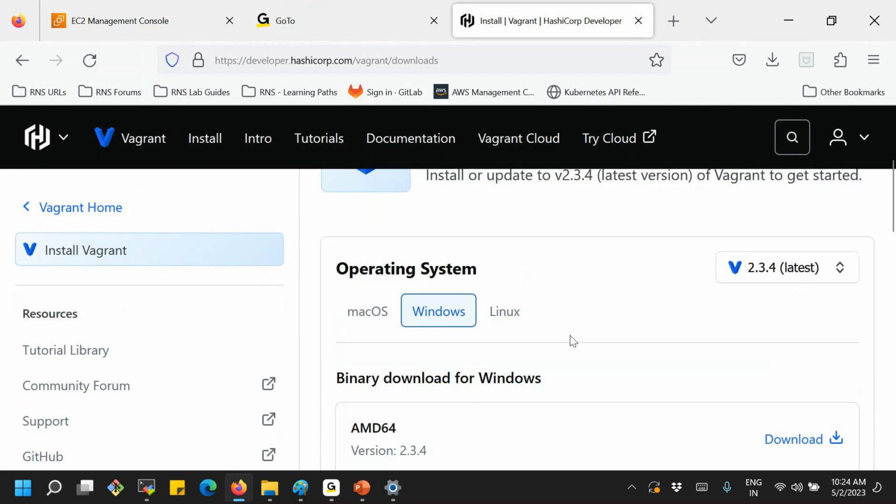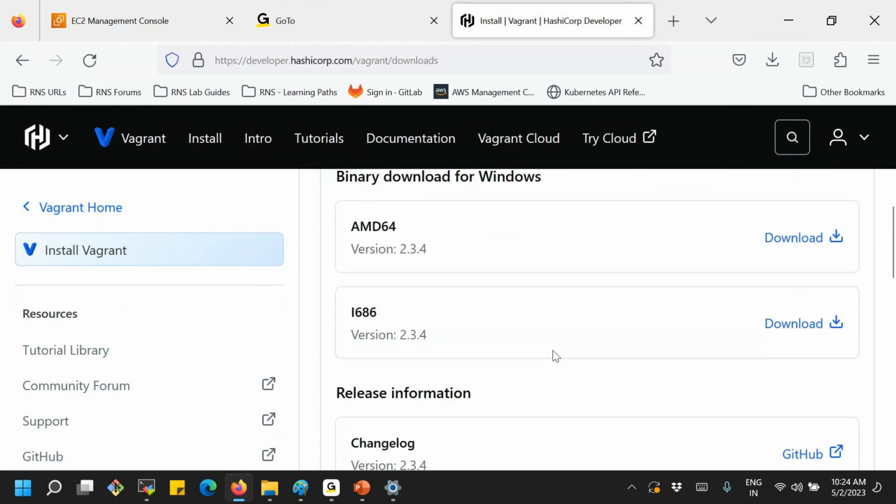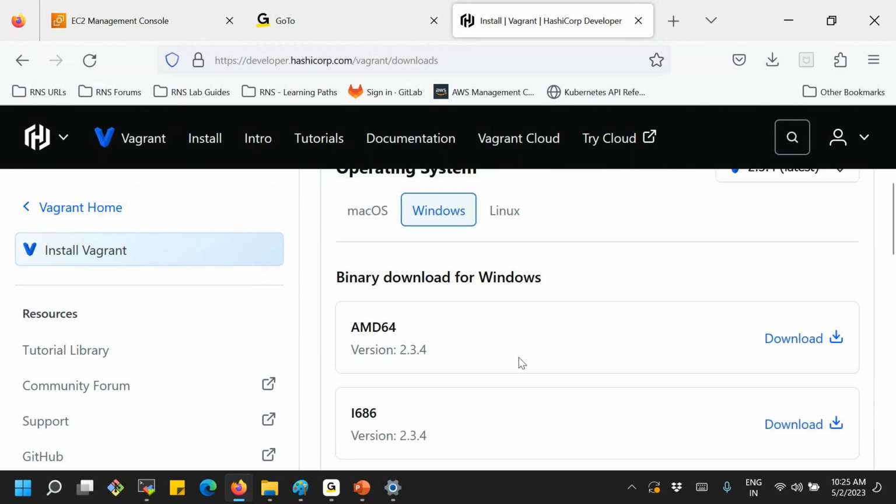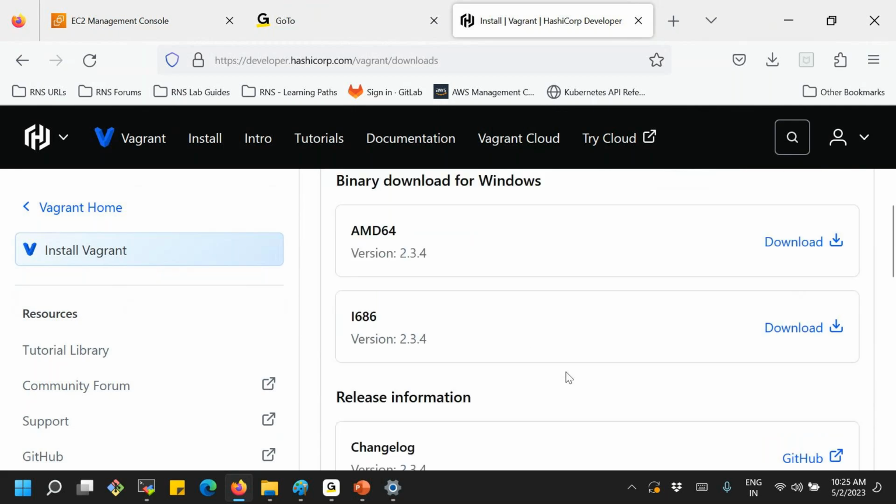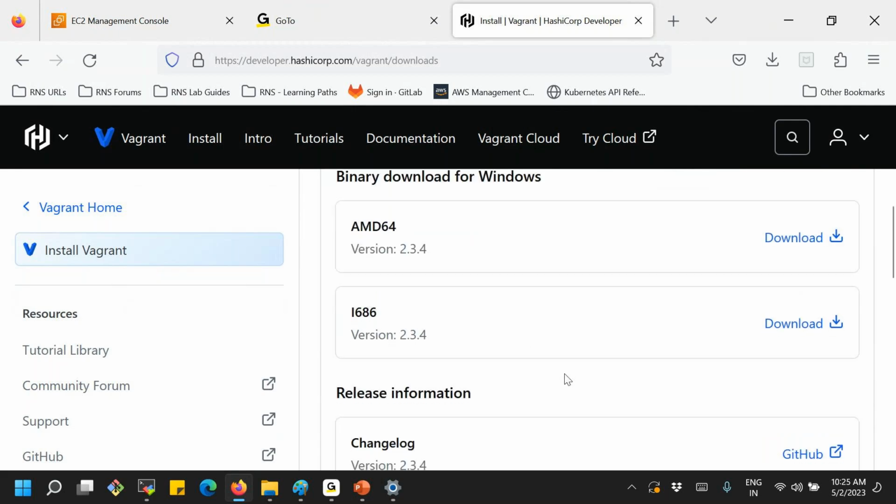But within Windows, if you observe, we have AMD64 and 686. So what is the difference between 64 and 686? If our Windows operating system is 64-bit, and most operating systems these days are 64-bit, no issues.